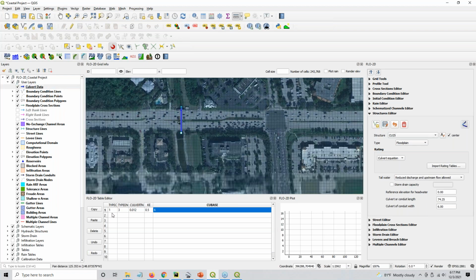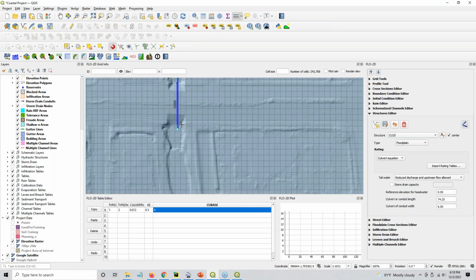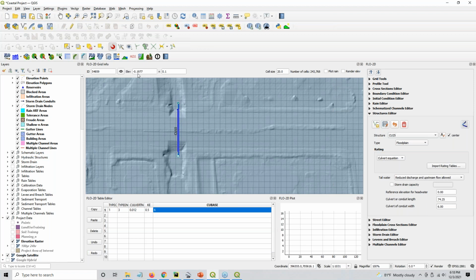Now, the way that Flow2D works is that it takes the invert elevation from the map and applies it from the grid element, and that becomes your culvert invert elevation. Let me show you what I mean. So if we have our elevation raster here, you can see that if I use the ID tool on this grid right here, where this is my upstream cell, the elevation is 1.050, and then the downstream is